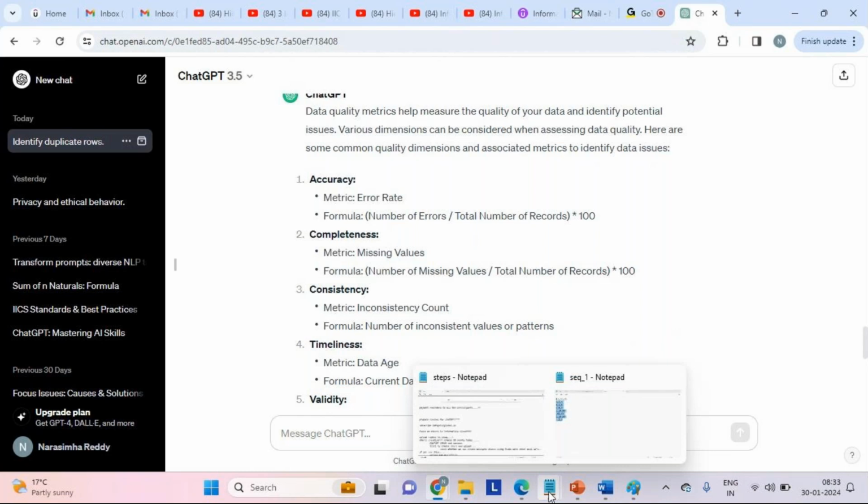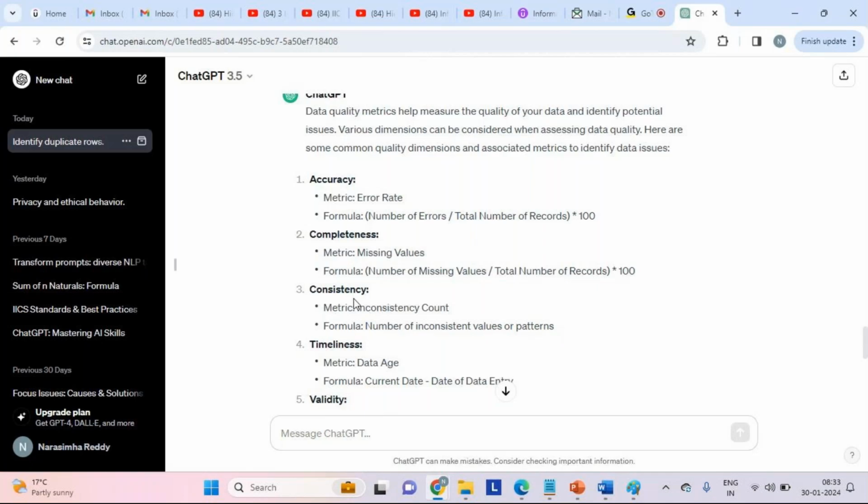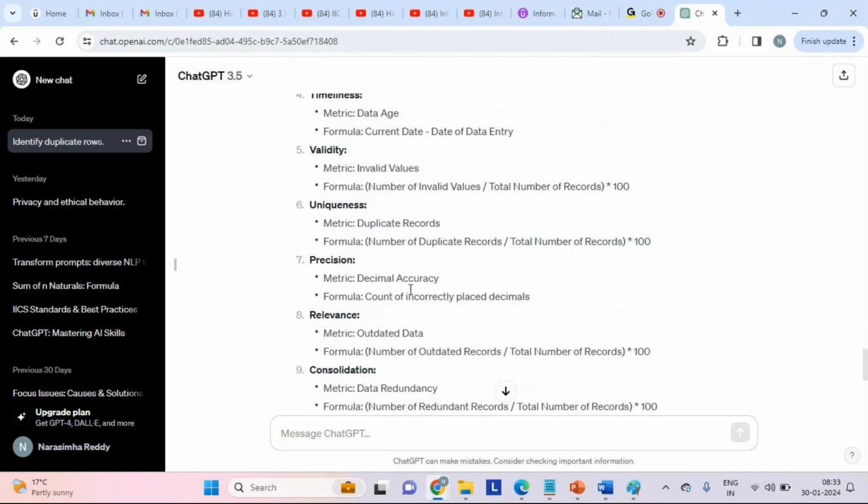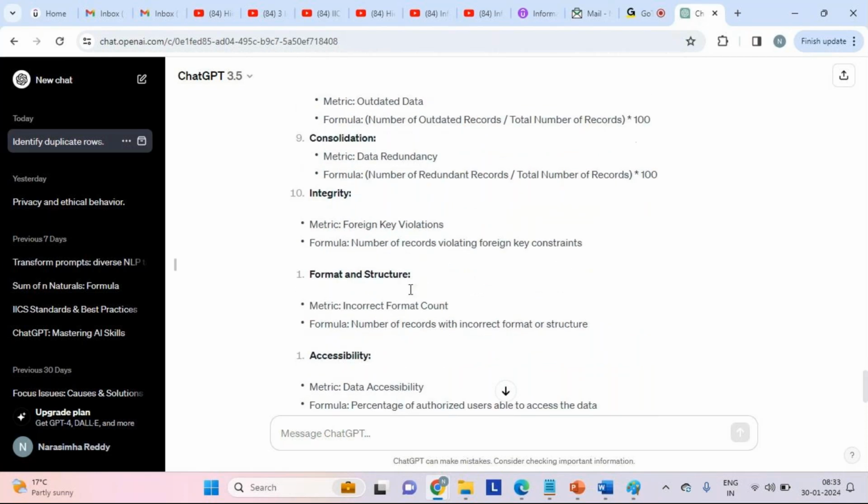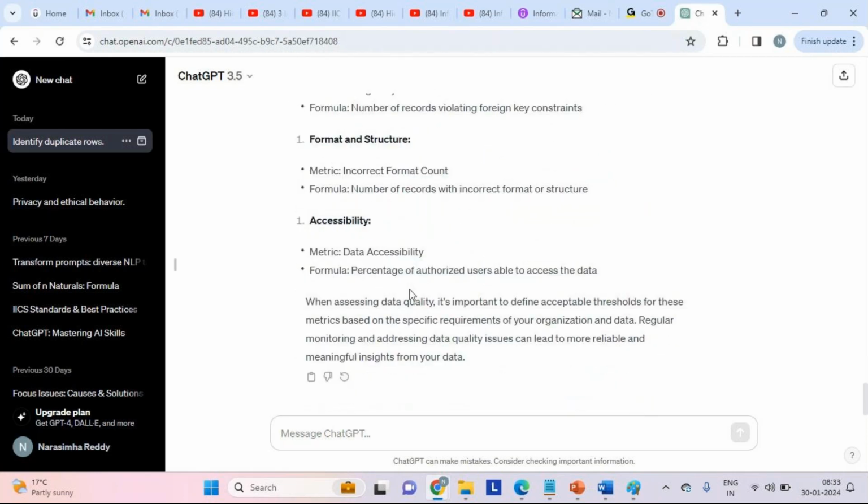Like if you take 60036, which is, let us say, Tamil Nadu, Chennai. Let's say there is one entry which contains this, and another entry which contains Tamil Nadu, let's say Madurai, whatever. In that case, there is an inconsistency. Such inconsistent rows would also be identified by using one of the quality metrics. Likewise, we can see multiple metric elements to identify the quality of the data.